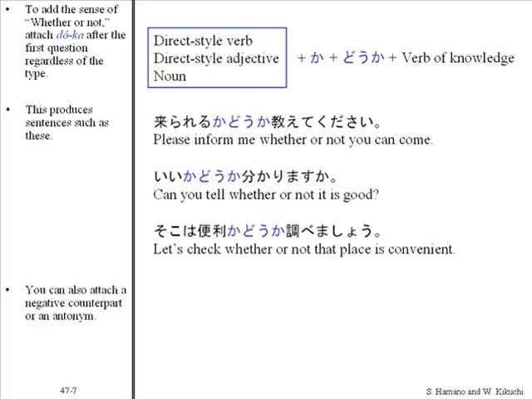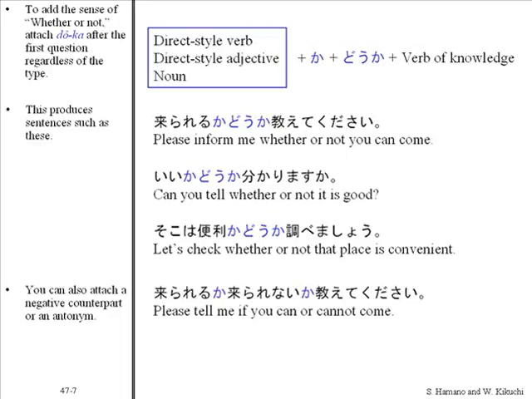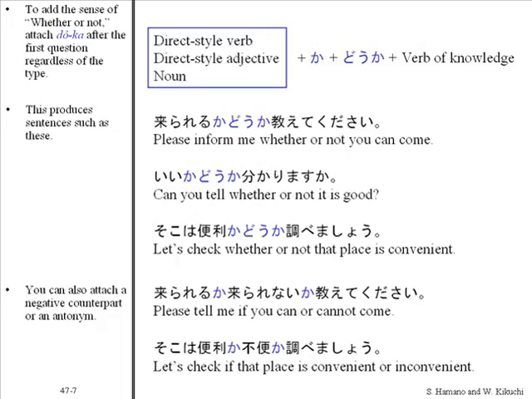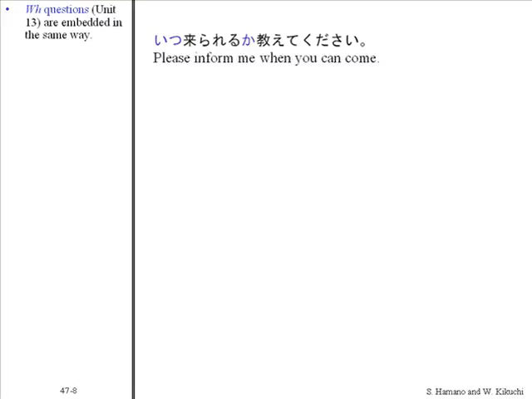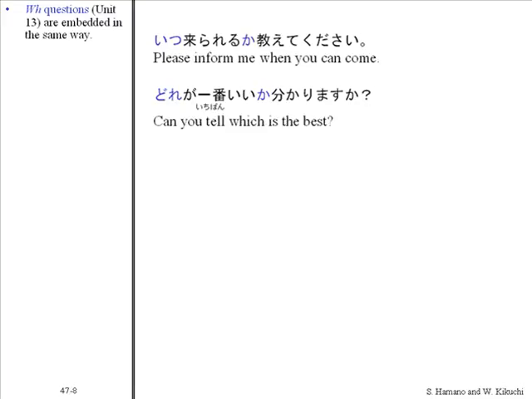You can also attach a negative counterpart or an antonym. 来られるか来られないか教えてください。そこは便利か不便か調べましょう。WH questions are embedded in the same way. いつ来られるか教えてください。どれが一番いいかわかりますか？どちらが便利か調べましょう。